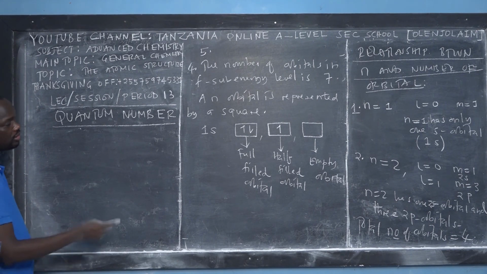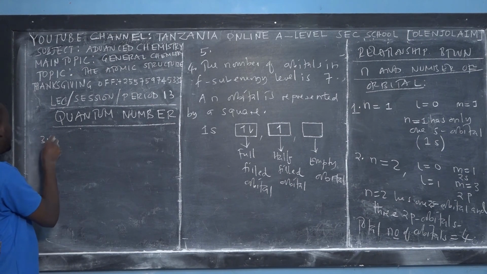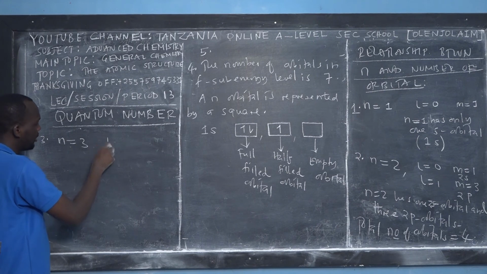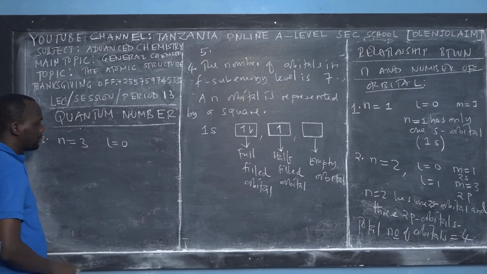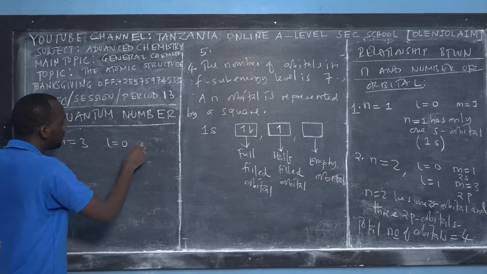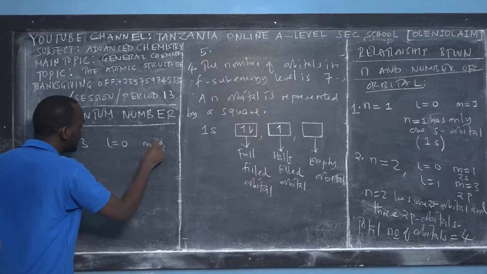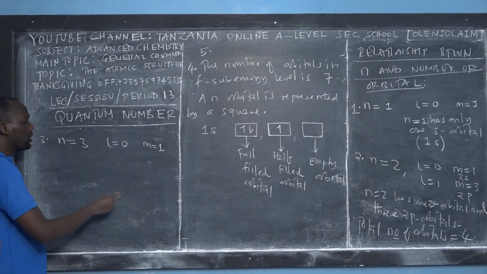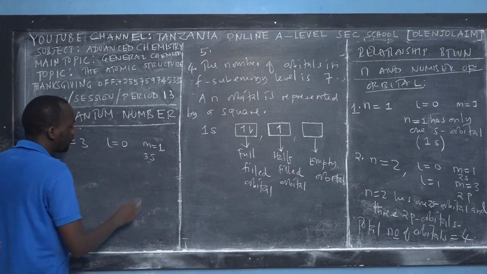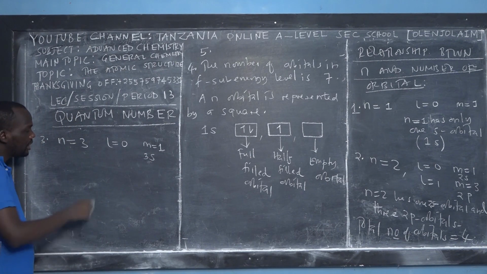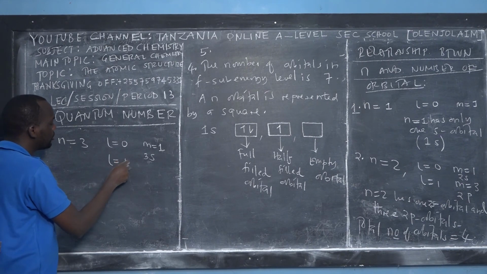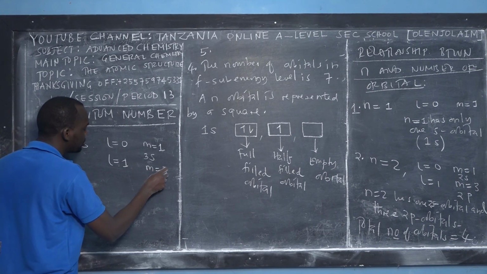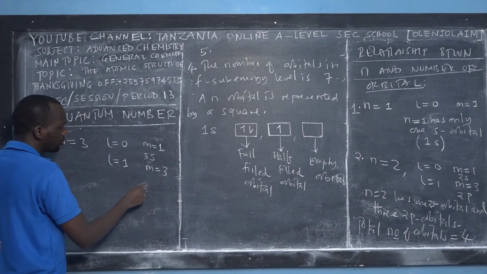Again, we have to proceed when n is equal to 3. So there we have the subsidiary quantum number l is equal to 0, and here m is equal to 1. So for this case, because the principal quantum number is equal to 3, we have 1 s orbital. Again, l for this case will be equal to 1, whence the magnetic quantum number is equal to 3. So here we have